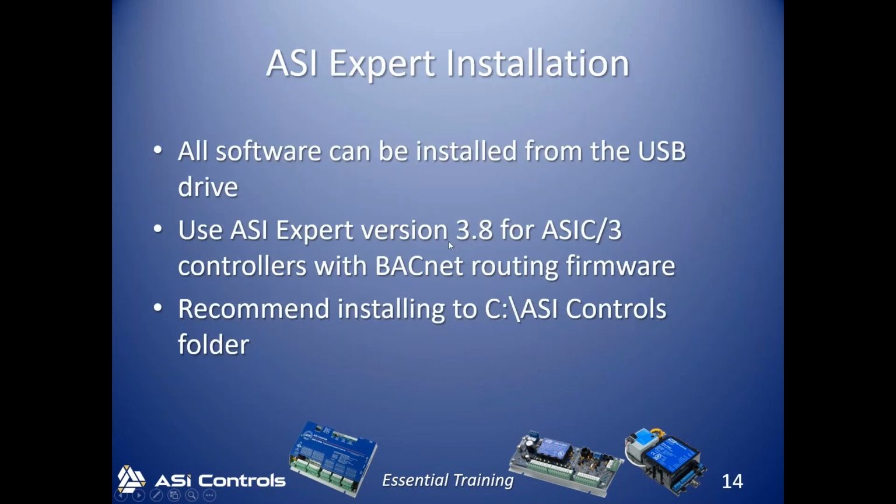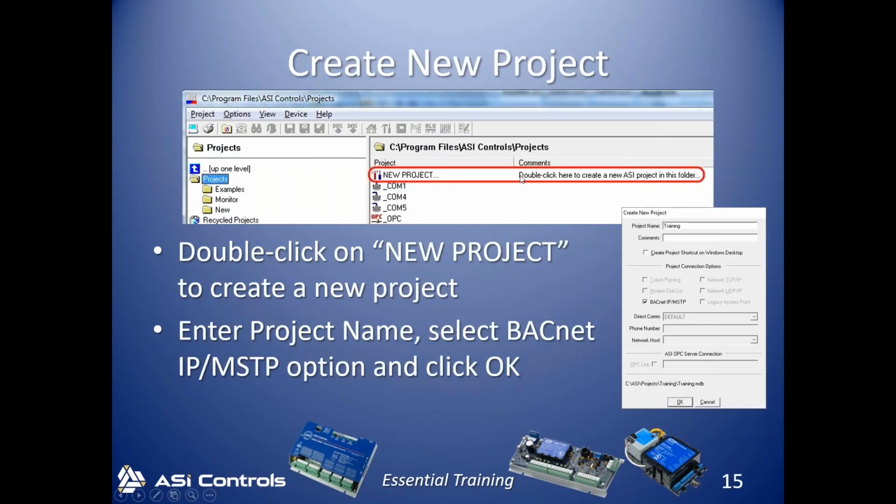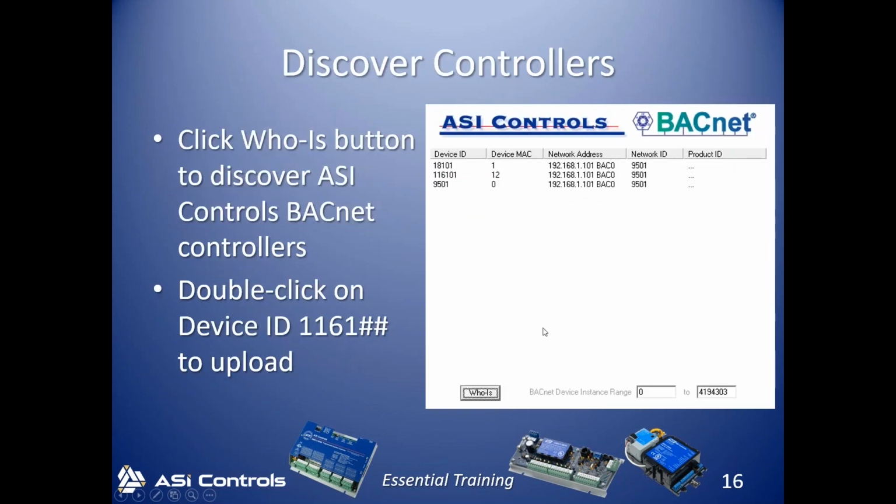So ASI Expert, we did install 3.8.0.39, and we installed it in the ASI controls folder. And we created our new project, and we chose the BACnet IP MSTP option. We discovered our controllers with the who is,